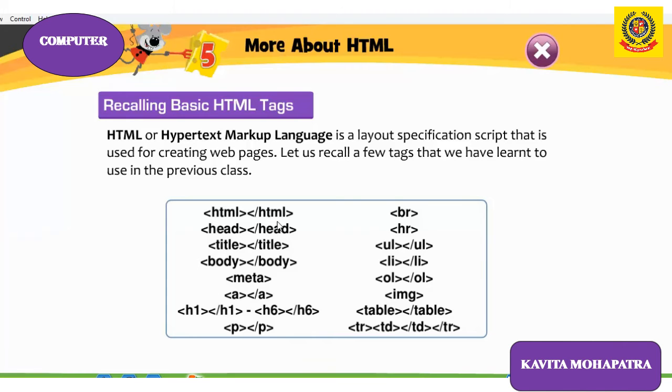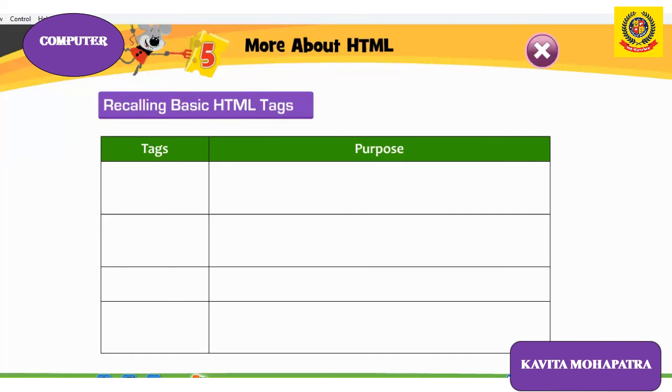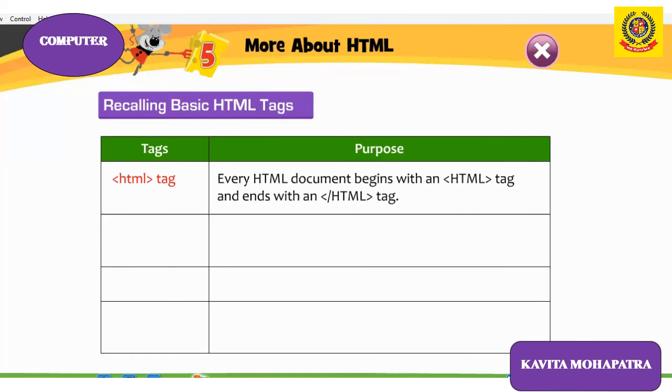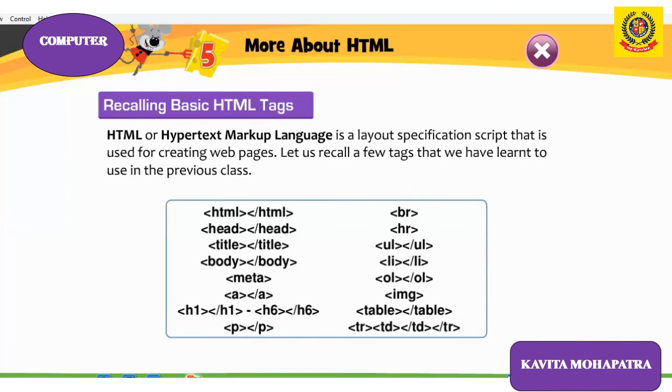Again, I will recall the previous year's commands. So HTML starts with <HTML> and </HTML>, and these are the angular brackets. You have to start HTML with <HTML> and you have to end HTML with </HTML>. Two slashes are there, forward and backward slash, so you have to give this one. Then <head> and </head>. Inside the head you will write the heading section.